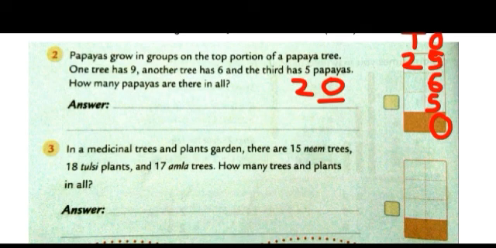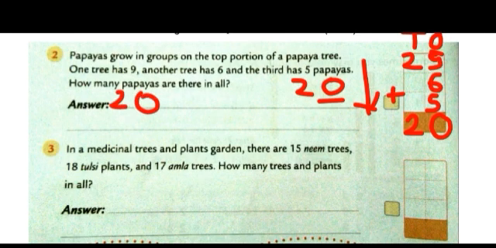Now the second step says add the tens. And don't forget to put the plus sign in this box because we are adding. So now we will add the tens. But see, only 2 is there in the tens column, which we have just carried. Nothing else is there, so that 2 will simply come down. So the answer becomes 20. So 20 papayas in all. Okay, scholars?